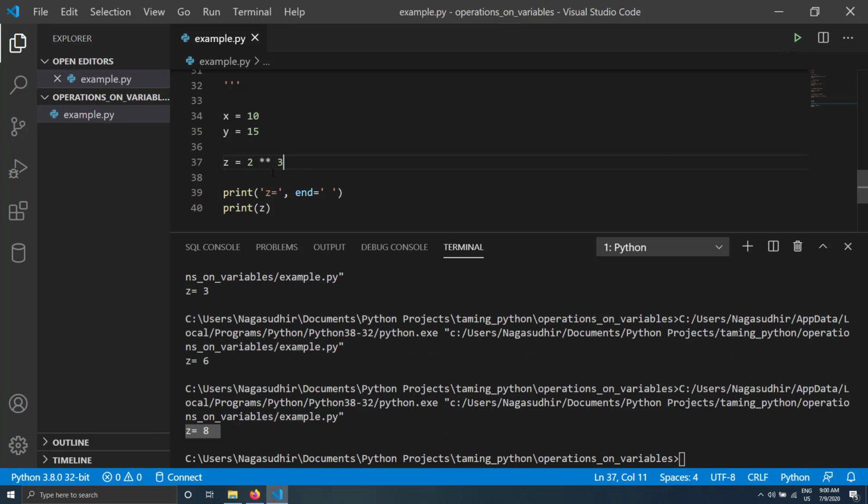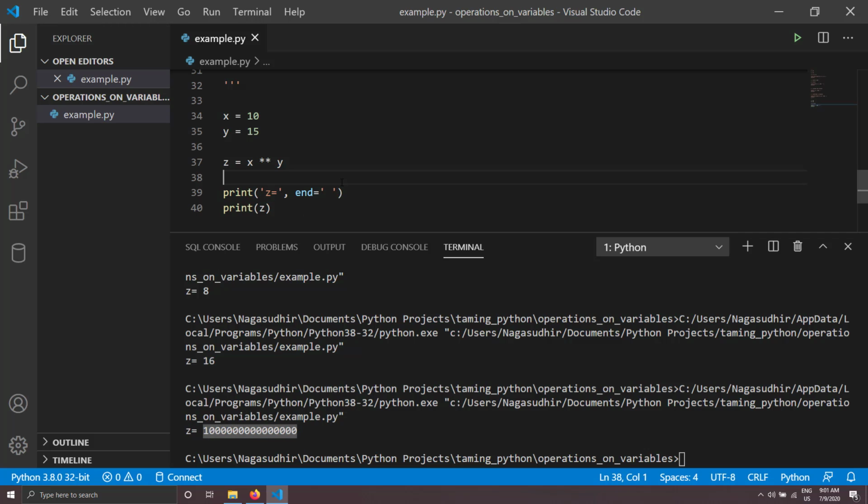So let me do 4 square, which should be 16. I should do 4 here and I'll do 2, Control S, and you have to see 16. So this is the exponent operator. You can even use it on the variables, something like x over y. Now this should be a very big number because 10 power 15. Let me try and play it. Yeah, you've seen a big number.